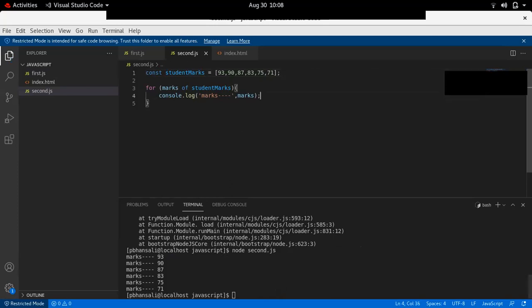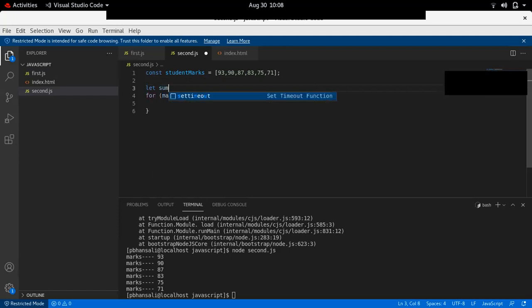Now, can you tell me how can I calculate the sum of these marks? Any logic you have? I want to calculate the sum of all this: 93 plus 90 plus 87 plus 83 plus 75 plus 71. We can use math or sum, something like that. No, simple logic is what you can do.